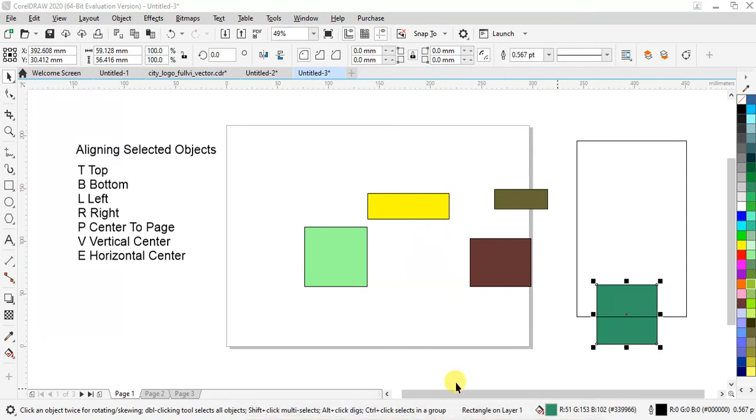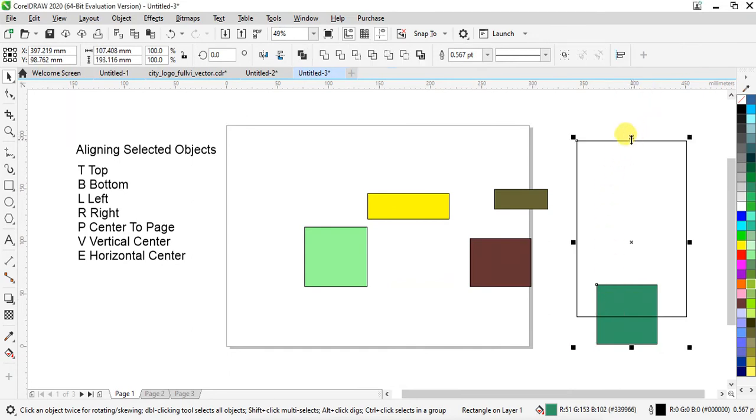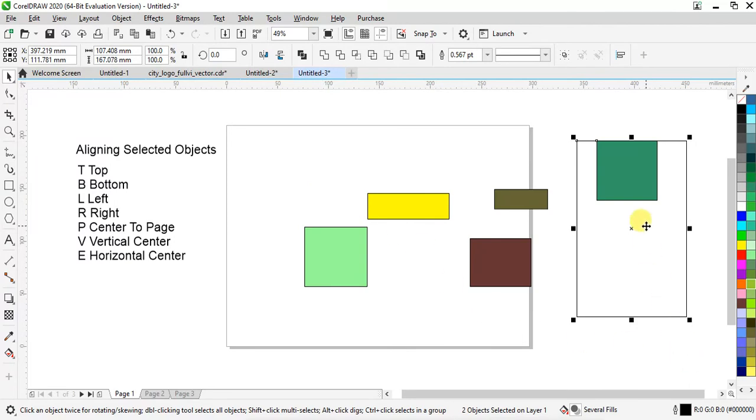So what I will do is press the shift key, and I will click on this part, on the edge of this. Now I will press T. You can see the bottom rectangle got on the top of the rectangle. So what you have to do is just press the shift key and press any of these letters to get it on that side.